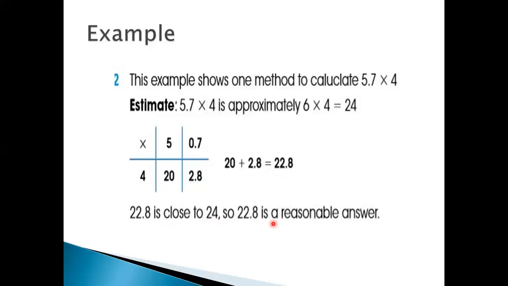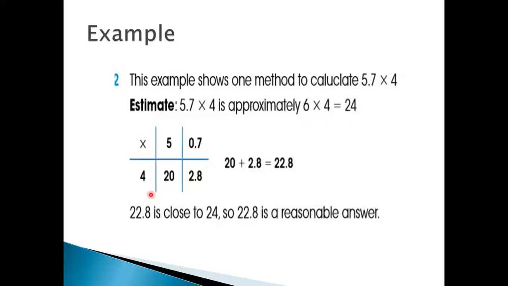Again, I'm repeating my example. What you are going to do, just estimate the number, whatever the number is. For example, here the number is 5.7. By estimation, 5.7 is equal to 6. We will write 6 here. The multiplier number will be the same, that is 4. 6 multiplied by 4 will be 24. This is the number which is the approximate answer. It means this is the process that by the estimation process, we got the answer which is approximately equal to.